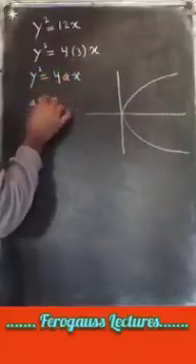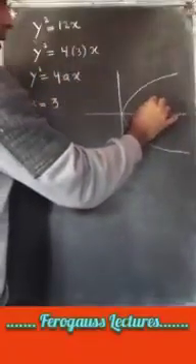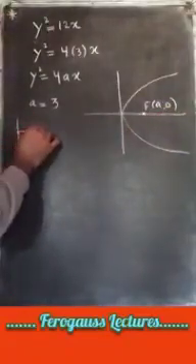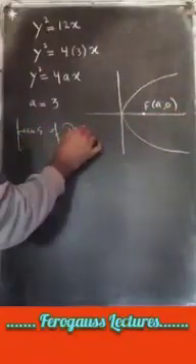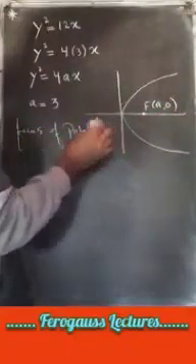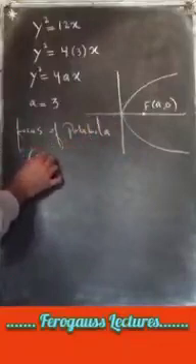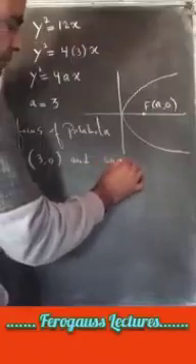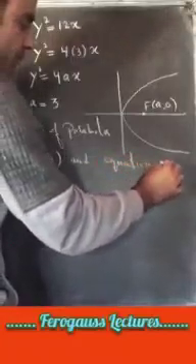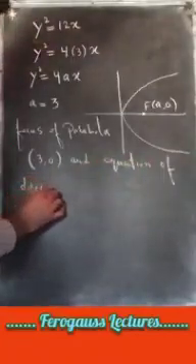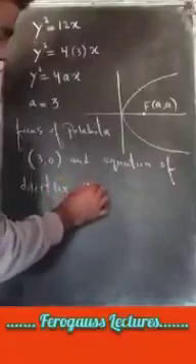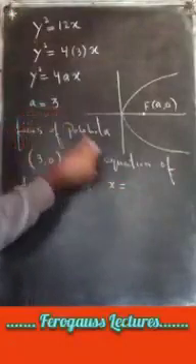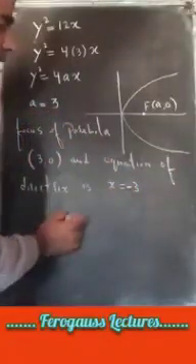Focus of the parabola is a comma 0, that is 3 comma 0, and equation of directrix is x is equal to minus a, so it is x is equal to minus 3. Okay,